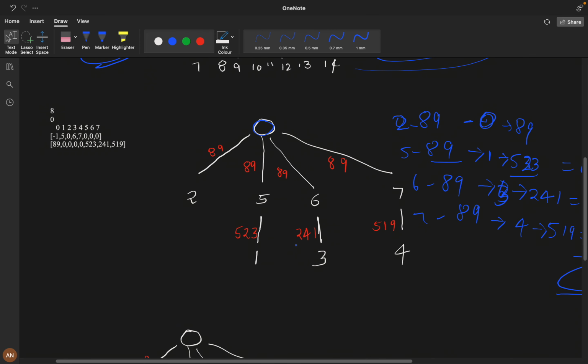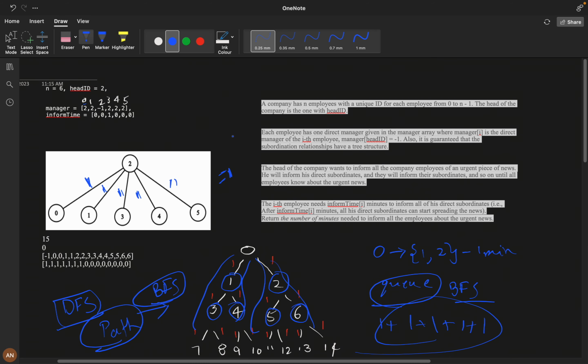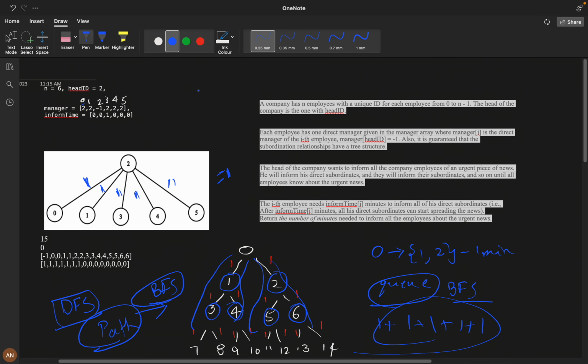Let's see how we can store this. Let's store this all in an adjacency list. Adjacency list is used to represent the graph. If you see, we can index from 0, and we can start from 2. For 2 we will use a directed graph: 2 to 1, 2 to 0, 2 to 3, 2 to 4, 2 to 5. We will use a directed graph because the other path is not required, right? 2 is the parent, it is going only down, it is not coming up. So only this is required.